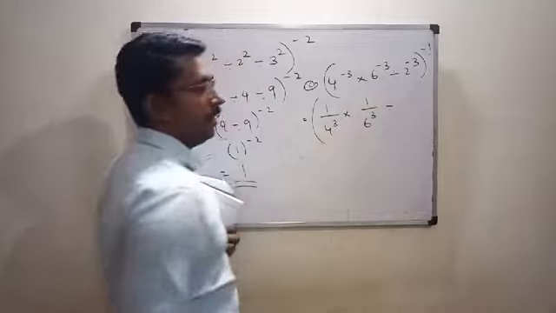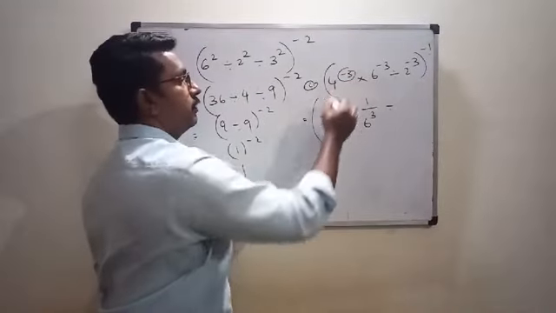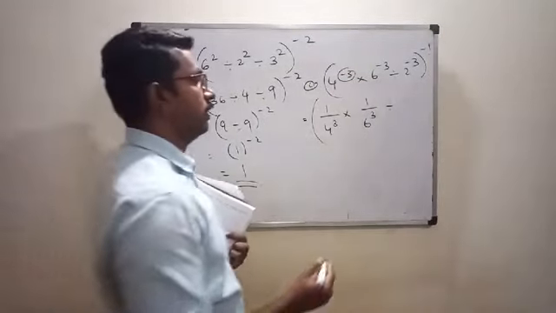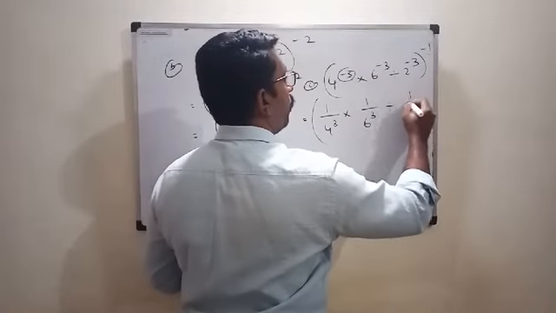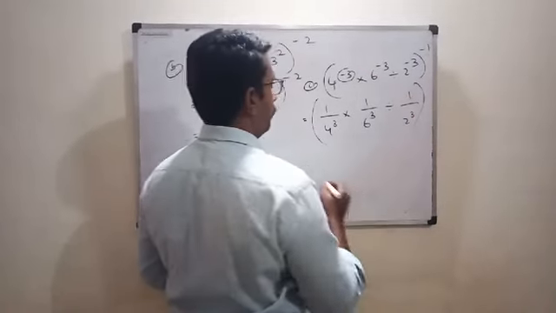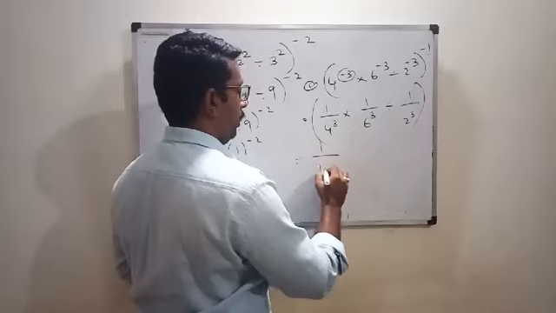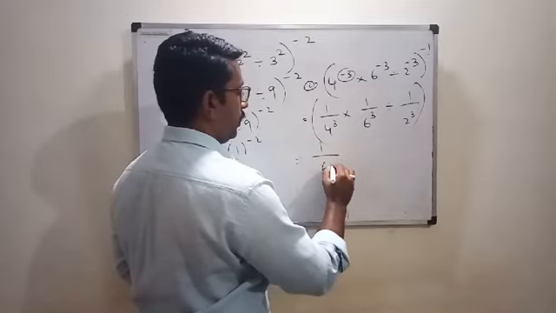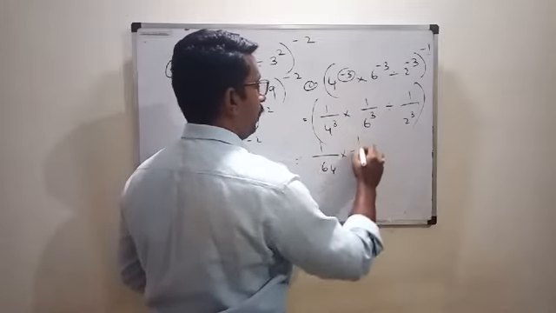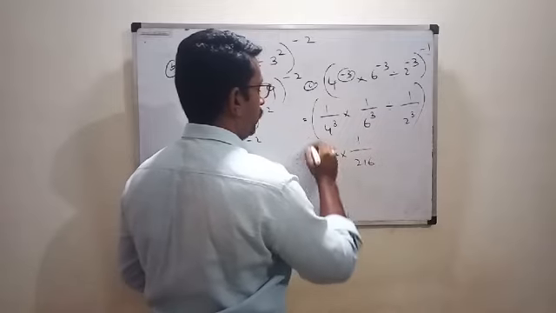Have you understood what I am writing here? These are negative exponents. We are converting them to positive exponents, nothing else. Divided by 1 by 2 cube. So 1 by 4 cube. What is the answer? 64 into 1 by 6 cube, 216,